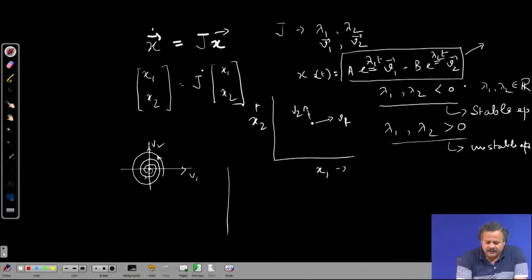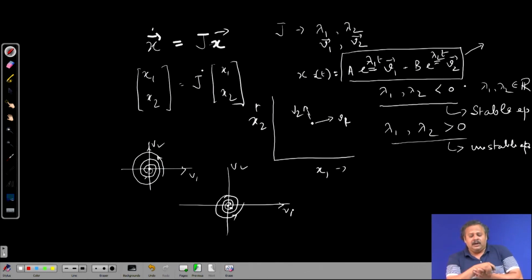And obviously for the unstable spiral, if this is the equilibrium point and this is V1 and V2, then if we start the system near here, it will gradually move out of the vicinity of the equilibrium point. Remember that these are valid only close by,